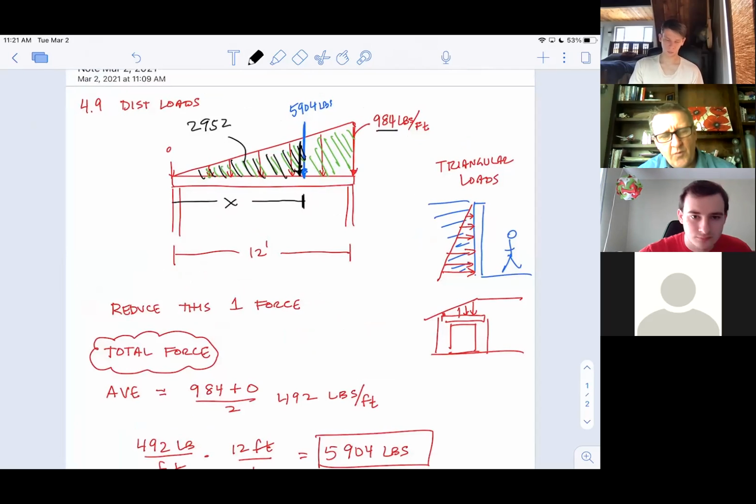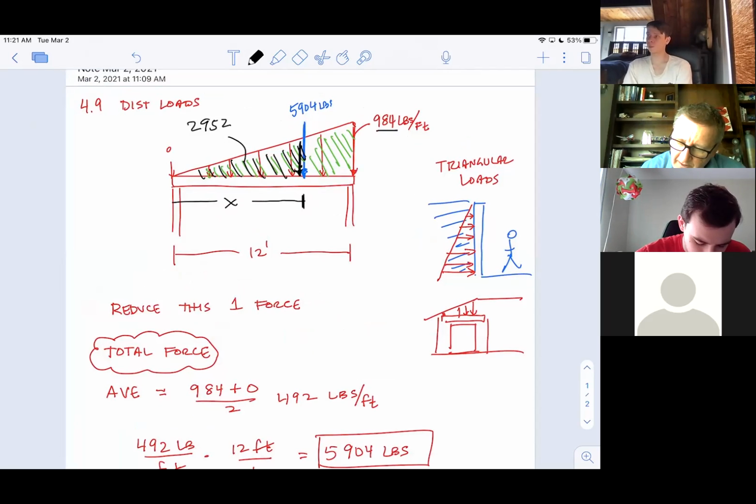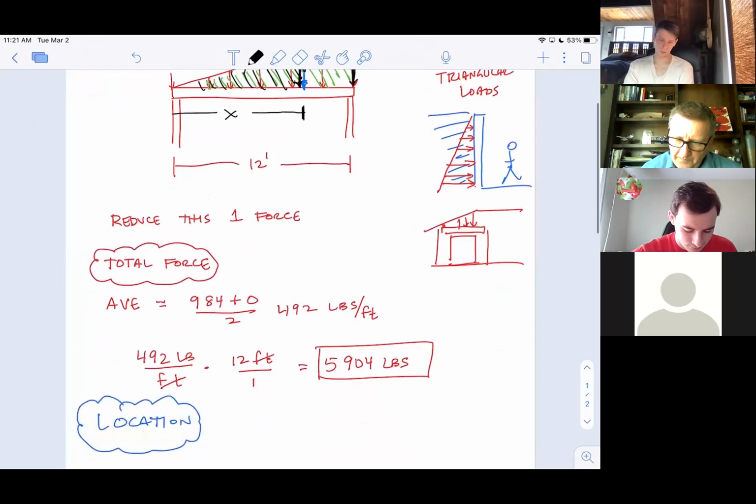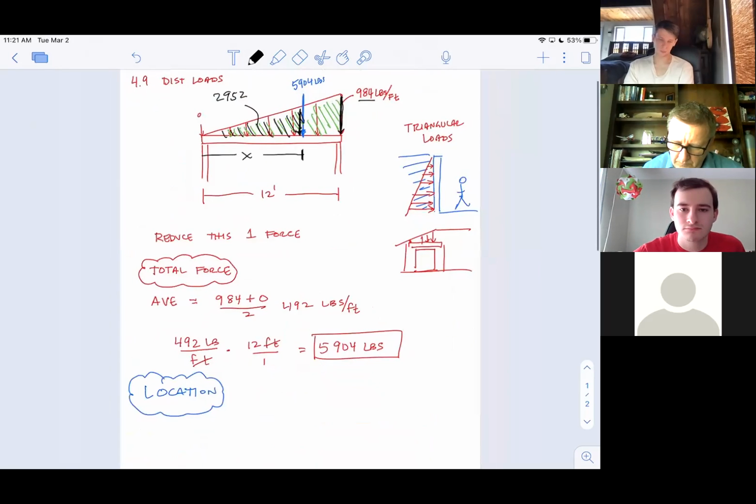Well, we have to come up with an equation for that line. Would you agree it has a rise of 984 and a run of 12? So the equation,